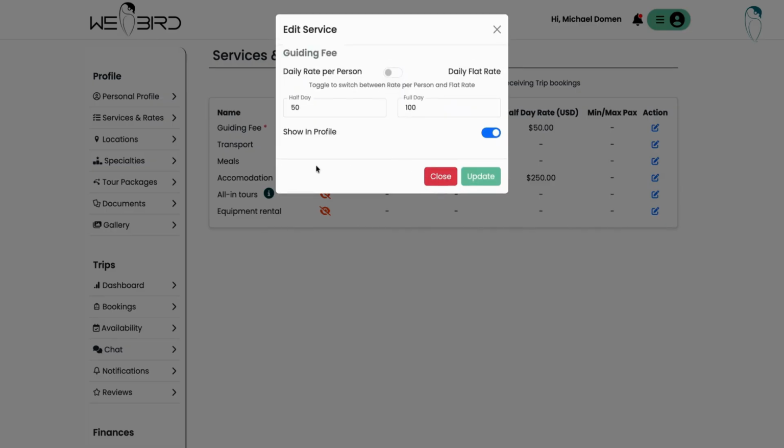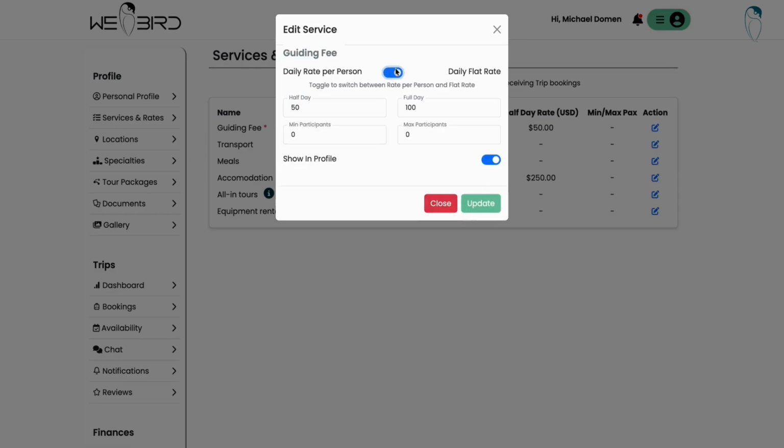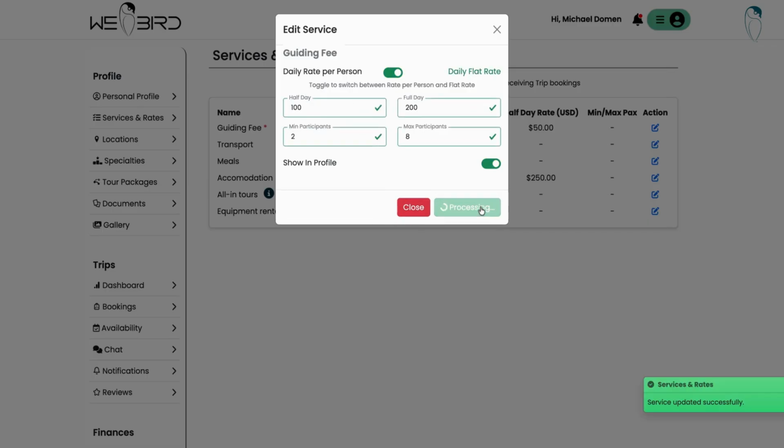It is also possible to set a flat rate by simply clicking this toggle. Once again, setting your price, half day $100, full day $200, and then you can choose what the minimum number of participants is, for example 2, and the maximum, for example 8. This means that for 2 people, the client will pay $200 for a full day, but also for 8 people, the client will still pay $200 a day. Simply click Update again,